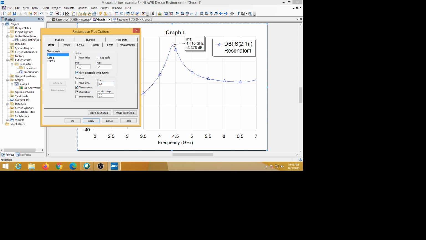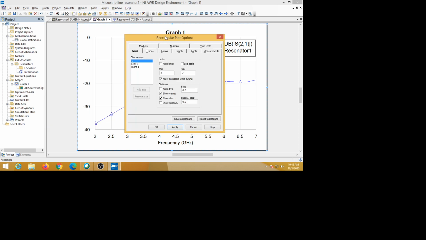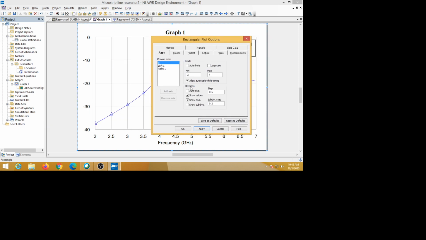And here is the labeling, that is one. Similarly we can add grids to the left side. To add that, you should click on left, and for auto grid it is minus 40 to 0. Maximum is 0 dB, minus 40 is the lower value. You can change it.